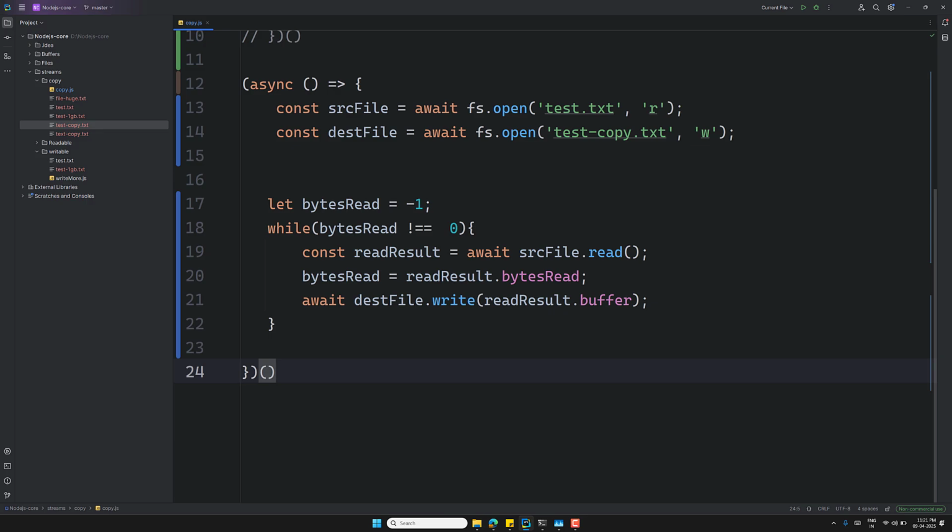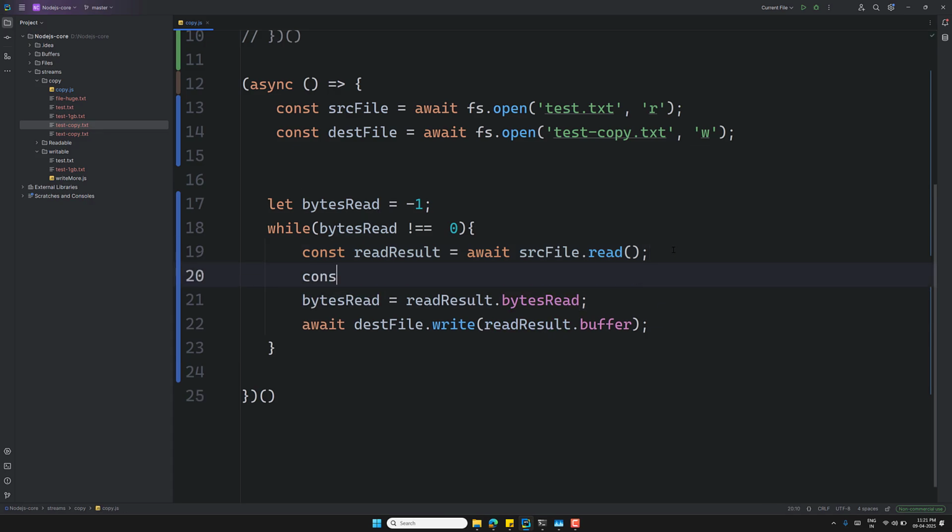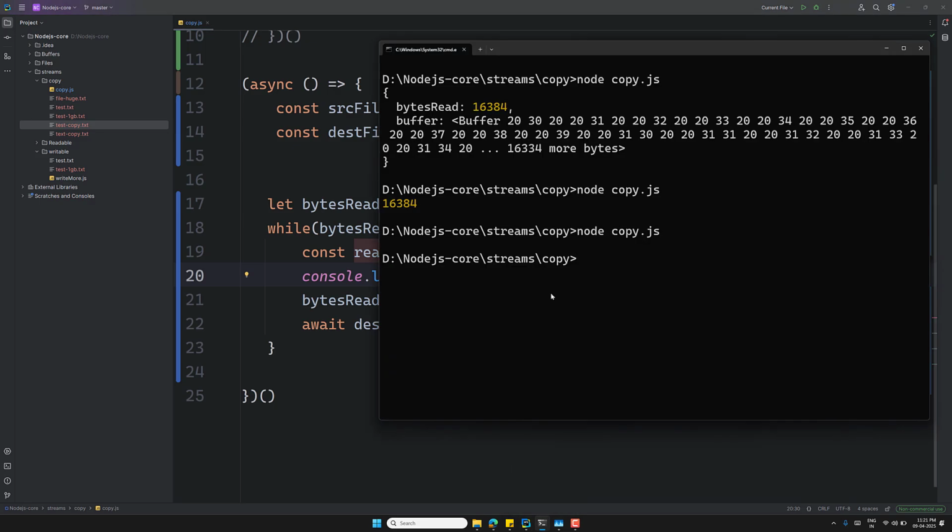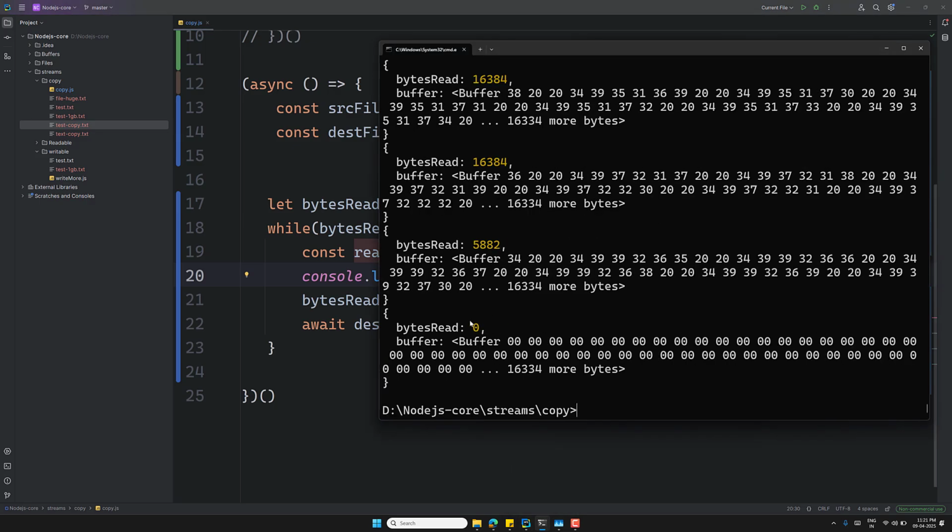That is because when we do the last read, the buffer might not be completely filled, meaning some of the bytes are just zeros. So let's try to console log the buffer. Let us console.log the read result. Now if I try to copy it here, at the last you will be able to see